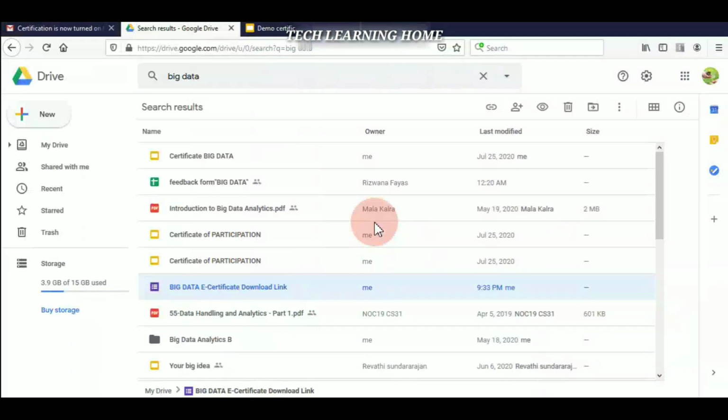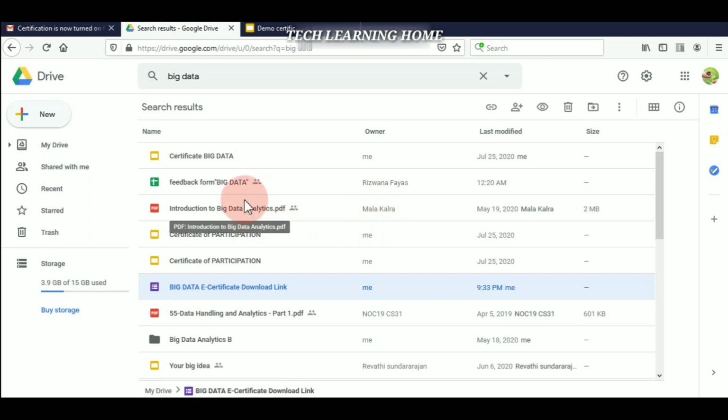Hello friends, in this video I am going to demonstrate how to enable certificate with a Google form using Certify EM add-on. This video will help you to learn generating certificate and dispatching it to the participants. After organizing online events like conference, seminar, webinar and FDPs, we need to dispatch the e-certificate to the participants. To generate e-certificate online, email ID and name of the participants are mandatory fields.